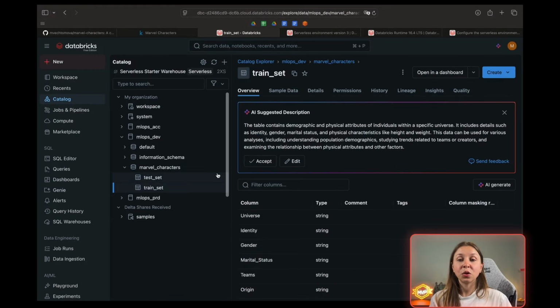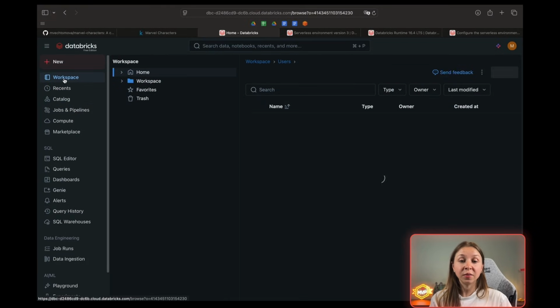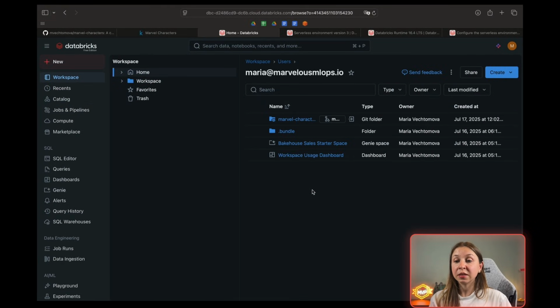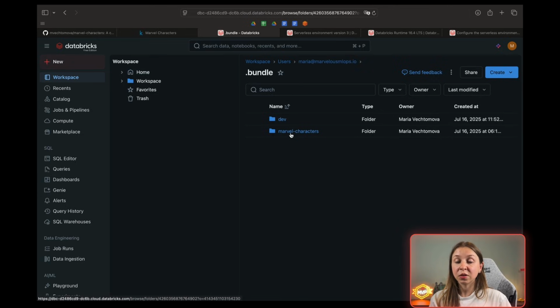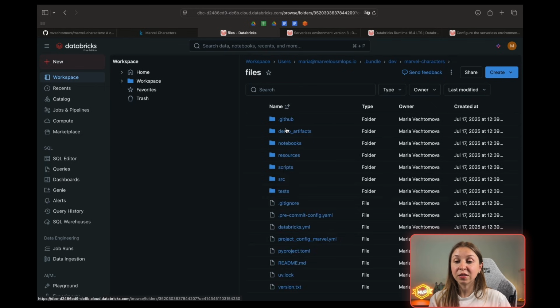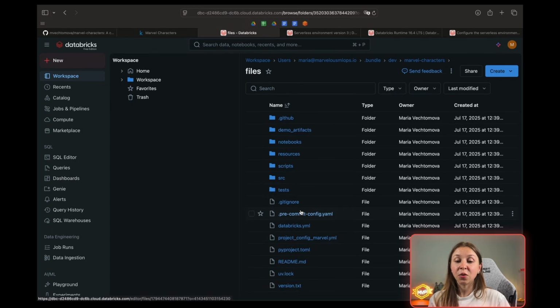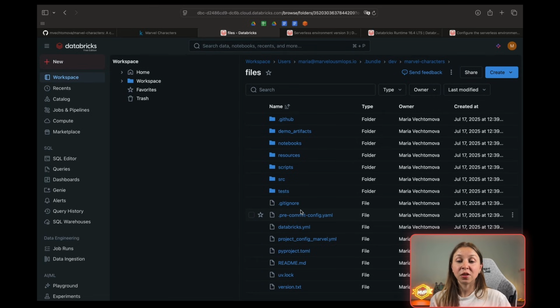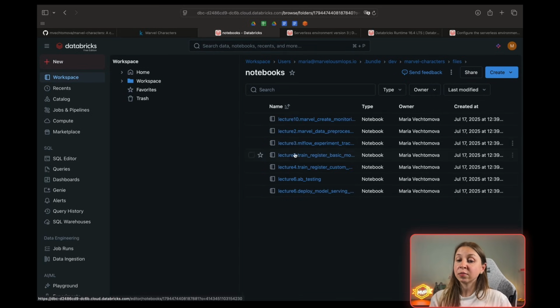We can go and check whether it's there. So it's in the workspace. We have a bundle folder. We have dev, Marvel characters, files, and here are all the files that we just synchronized,